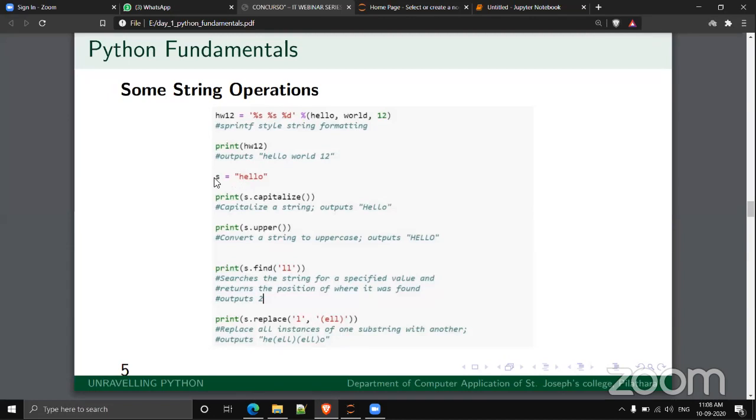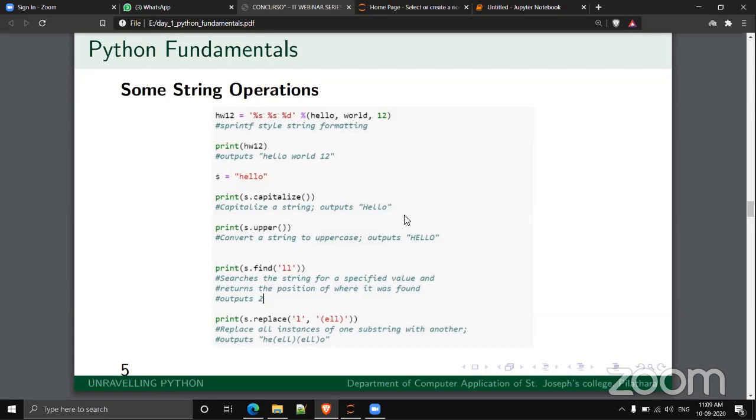The function capitalize will make the first character of the string a capital. So on printing s dot capitalize, you can see the output with capital H, e, l, l, o.